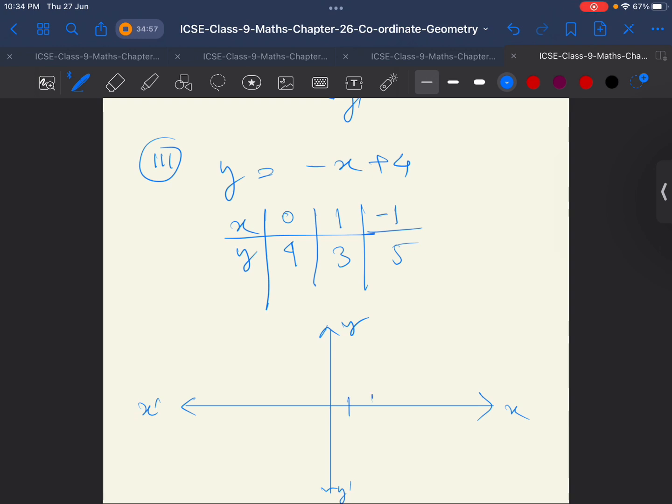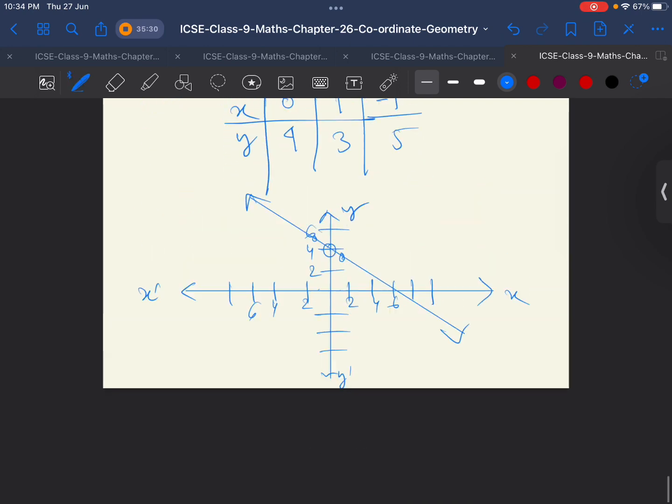y dash. So the point 0, 4 will be here, 1, 3 is here, and minus 1, 5 is here. So now we draw a straight line. This is the straight line. Okay,